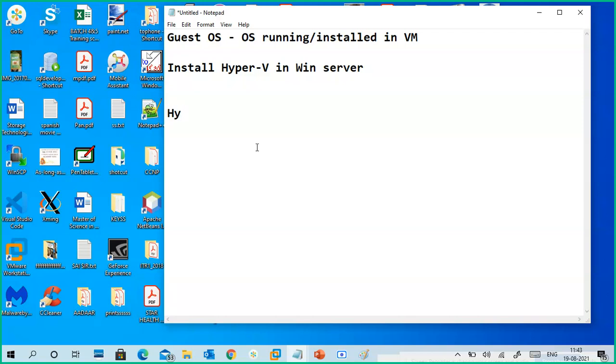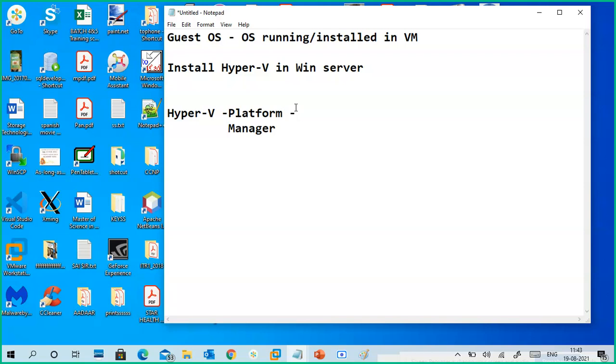Okay. Usually Hyper-V has two parts. One is the platform and the other is Hyper-V Manager. What is this platform?